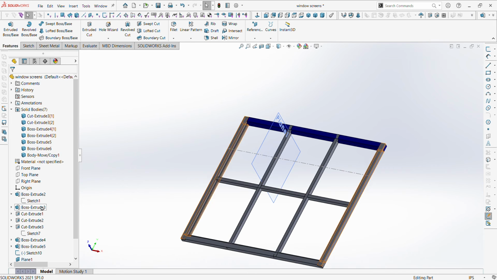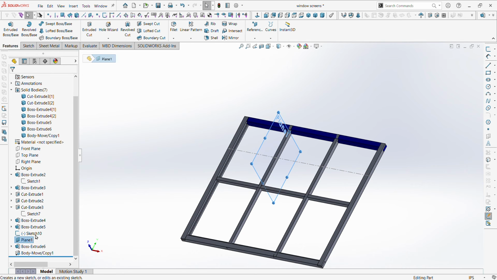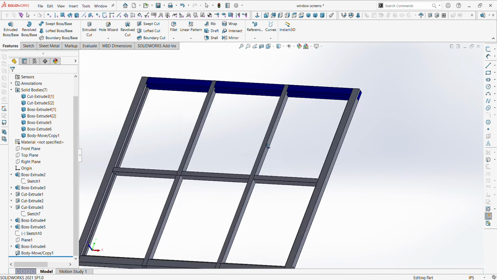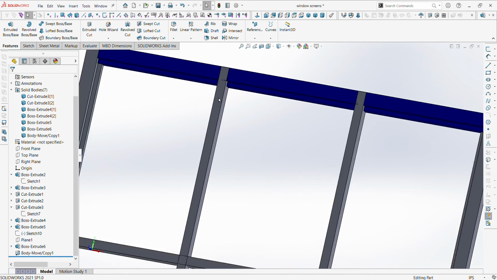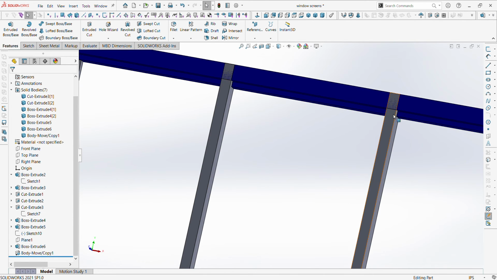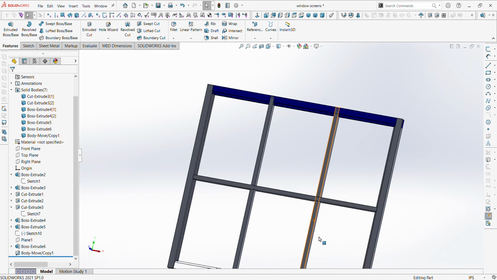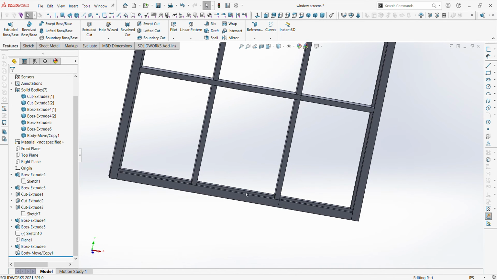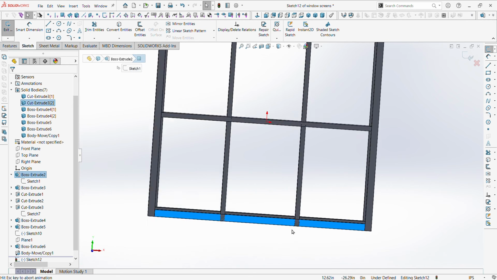Beautiful. Alright. Now that we're done with that plane and that sketch, we can hide it. Hide you. Hide you. Alright, cool. So, let's go over here. We got to fix this interference here. I think I can get all of that in one shot. So, I'm going to pick this plane to sketch on,